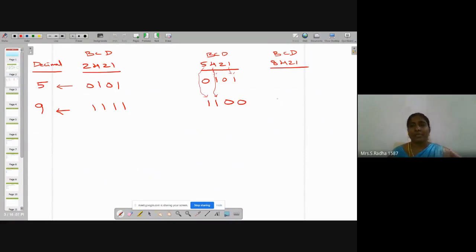I have to take the position values. So in 8 you have to put 1, and in the place of 1 you put 1. Other positions you put 0. So the position value and face value multiply, this is equivalent to 9. Okay, so the same number 9 is written in different types of BCDs in different models. Okay, always you have to identify the position where you have to put 1 so that it will give an equal value 9. Okay, this is about BCD code what I was discussing in the previous slide.